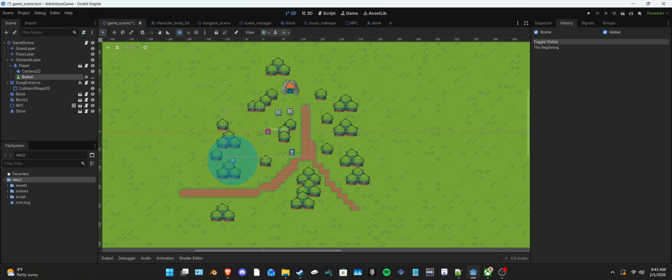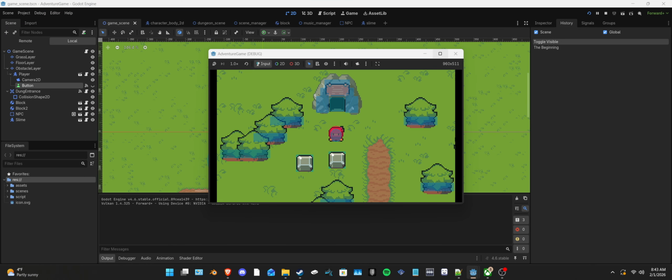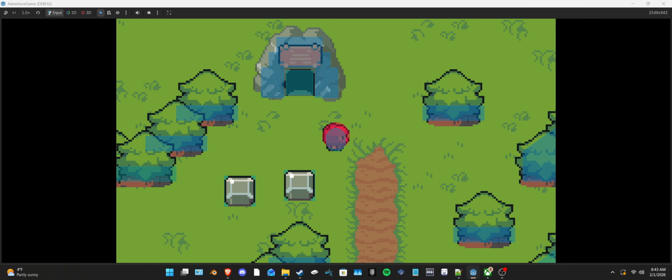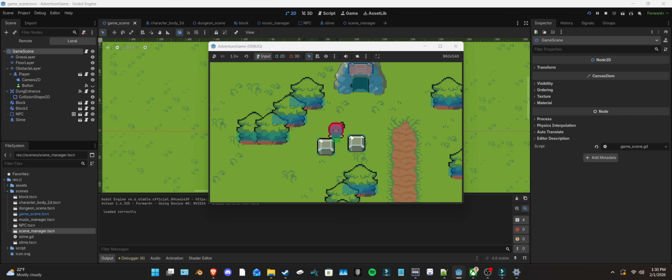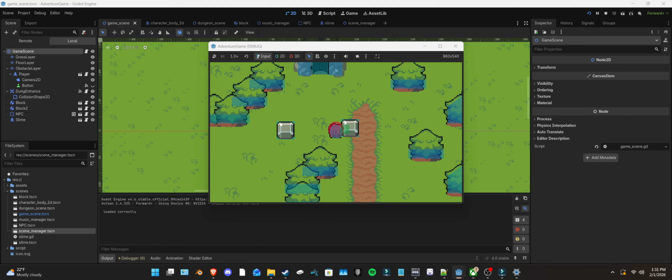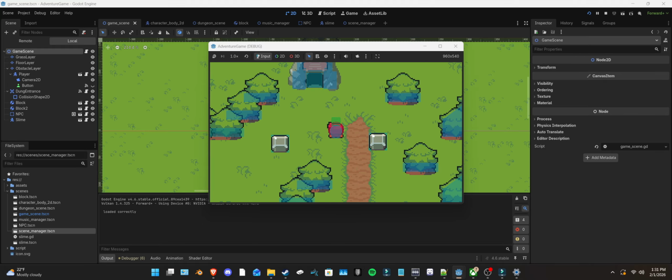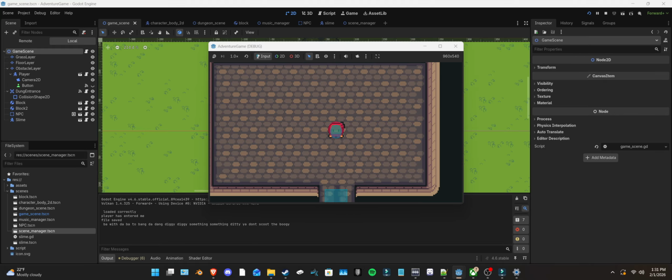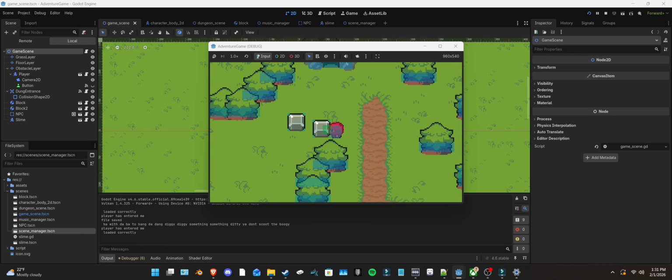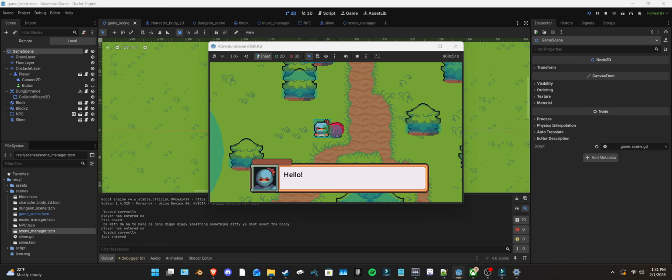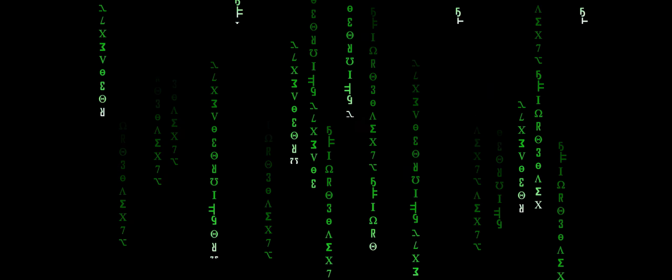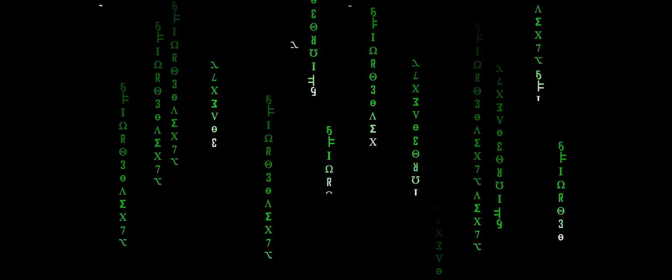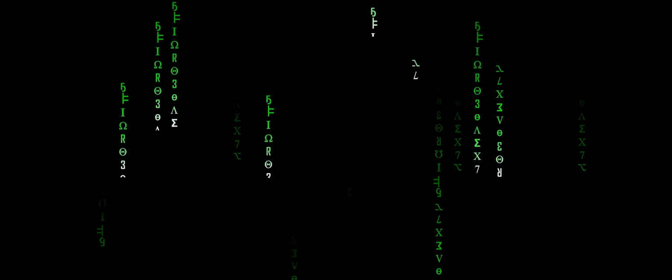It doesn't look anywhere near as good as what you can make from the tutorial, but I kind of just watched this too. But at least it touched on the basics of moving rocks and going in and out of scenes, and a very basic combat system using a sword, which, I mean, everything is more of the same. It's just Area2Ds and collisions, and when something collides or when an area enters an area, execute whatever you want. I'll link the lesson down in the description, but this is an 8-hour course, so I'm just going to